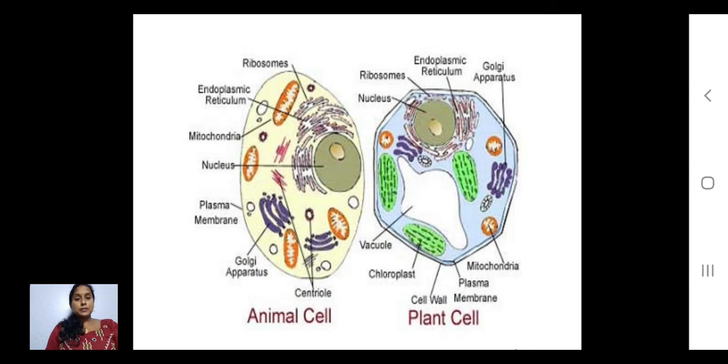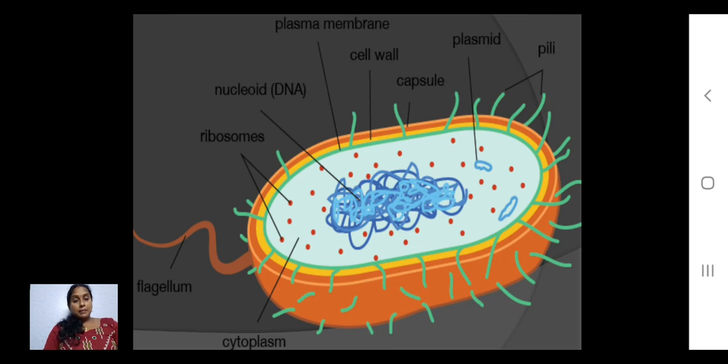And in this figure you can see the two cells. The first one, on the left side, is an animal cell, and on the right side is a plant cell. At a glance we cannot see much difference, but there are a lot of differences between the animal cell and the plant cell. Not only the animal and plant cell, here we can also see a bacterial cell. These three types of cells are what we are focusing on, because of the differences in the nucleus present in the cell.